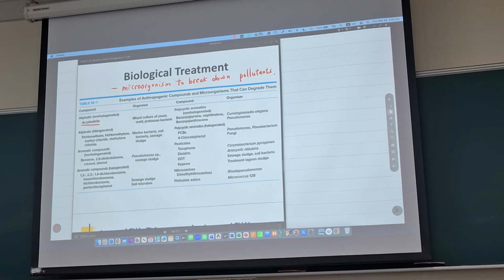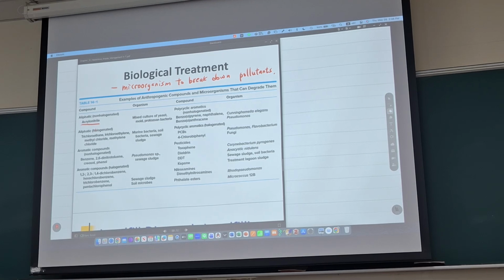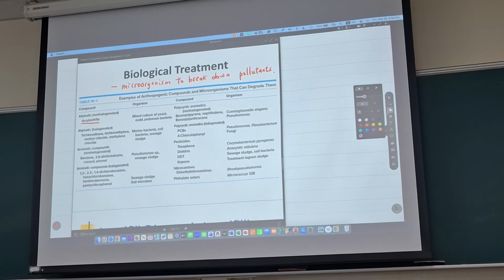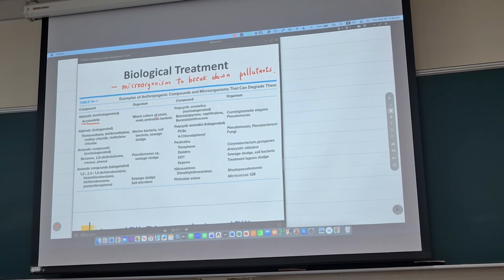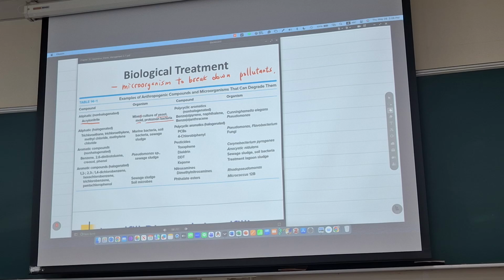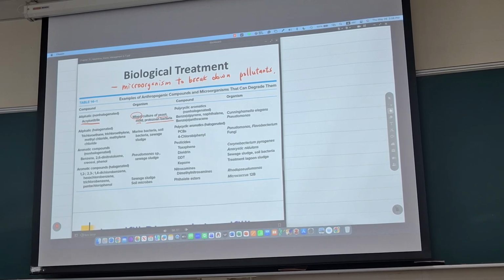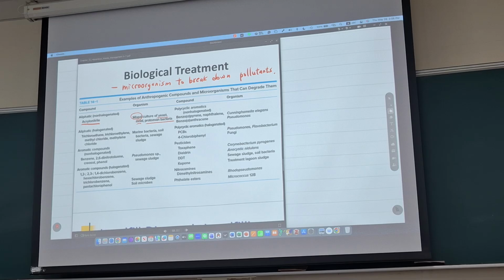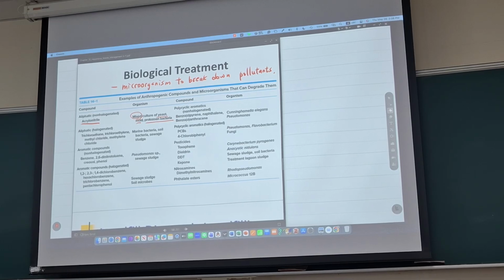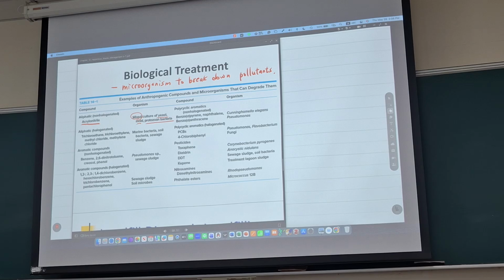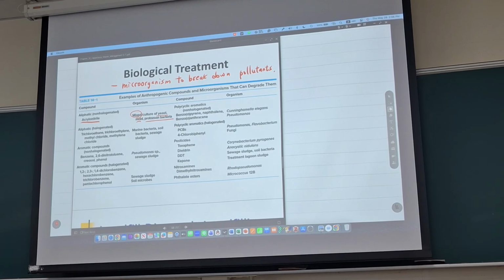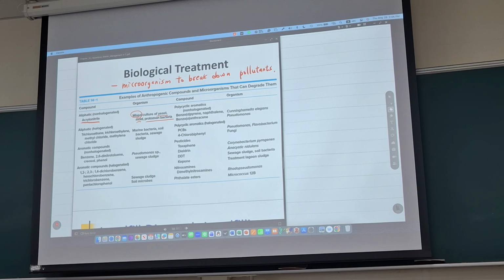This one can be degraded by a mixed culture of yeast, mold, and protozoan bacteria. So we can use yeast, mold, and protozoan bacteria. The mixed culture of yeast, mold, and protozoan bacteria can degrade this. And for example, like